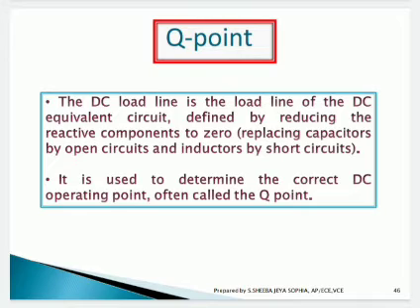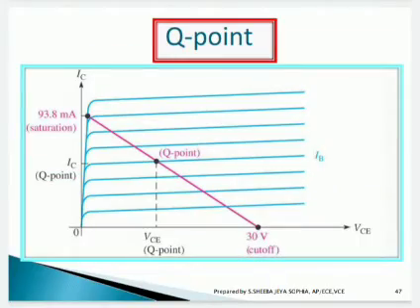The base current IB here is established by the base bias. You can see in this diagram a graphical representation of the Q point, IC versus VCE. In the DC load line, the straight line drawn here is the DC load line. It is drawn by using the active region and saturation region points achieved as the output of the transistor. So from that DC load line, I have taken the Q point at the middle area, which is the intersecting point of IC and VCE. I take it as the Q point.